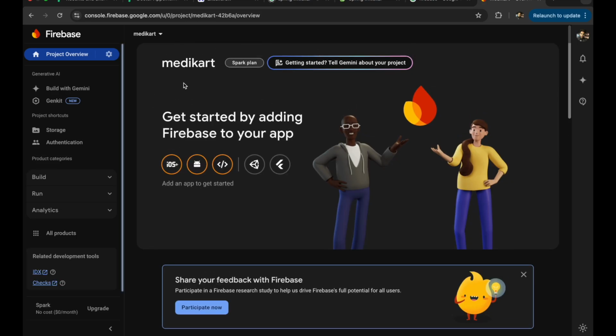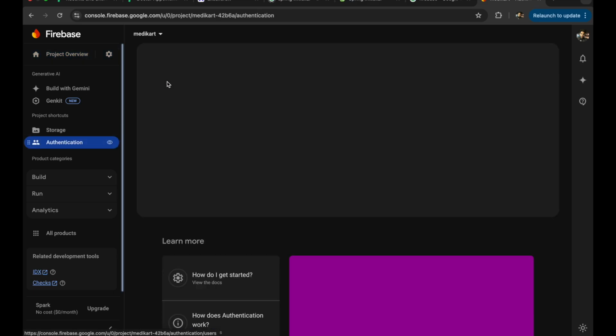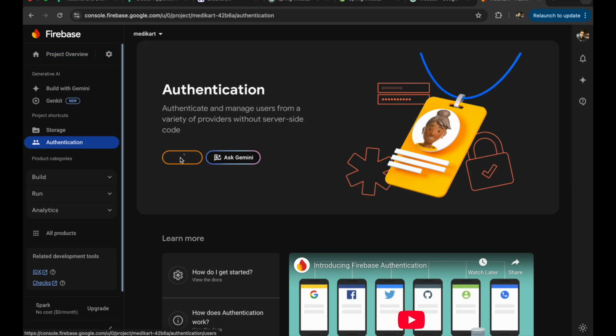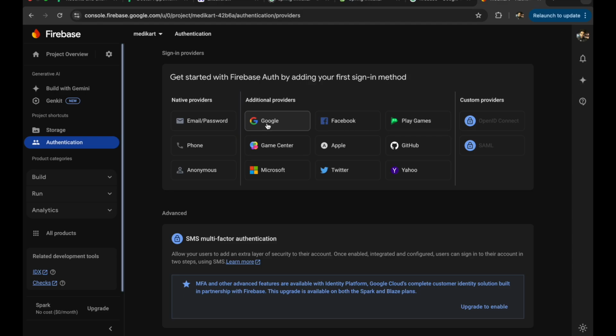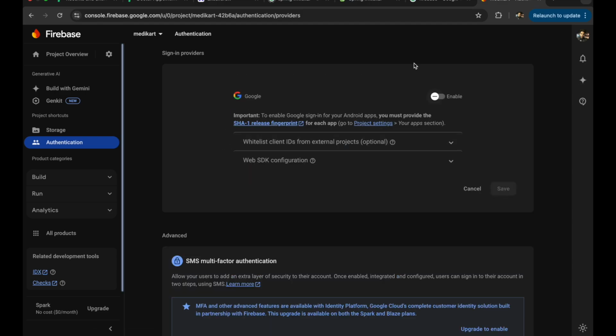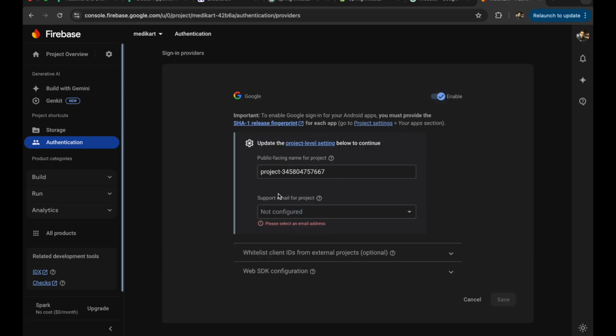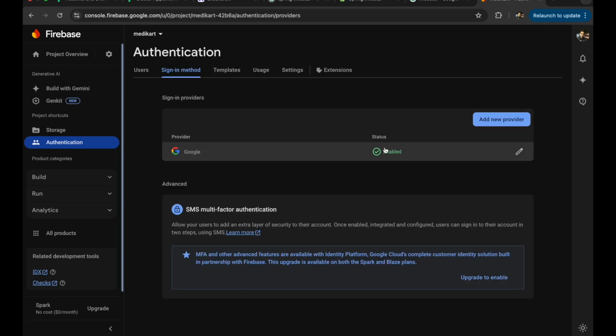So this is an empty project. I have not configured anything. So let's go to the authentication, and here we'll do get started. So we need Google sign in. Let's click on Google, and we need to enable it. Okay, the Google sign in has been enabled in your project. Now we need to go to project settings,